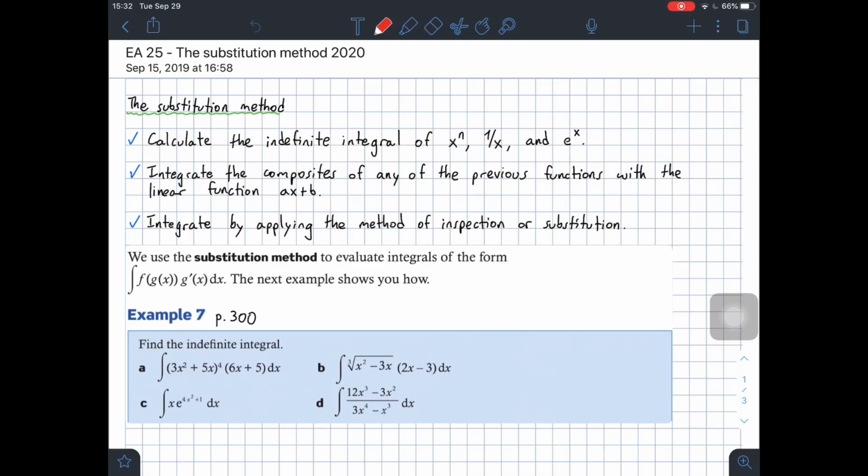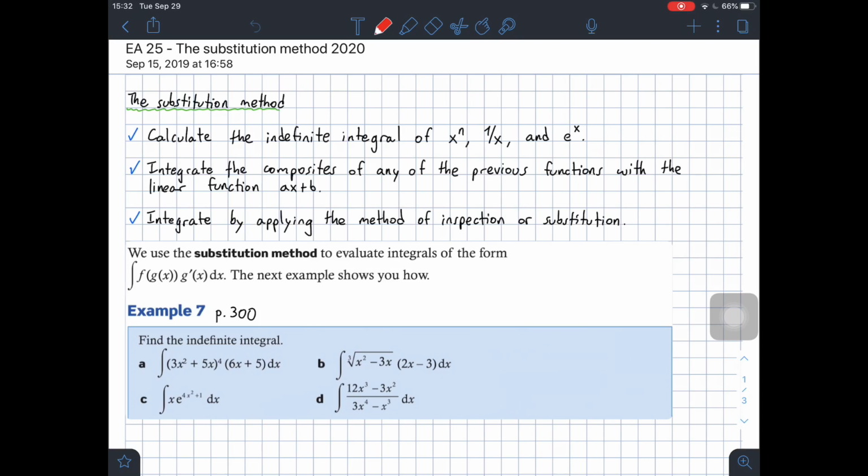Hello seniors, today we're going to see electronic assignment 25, which is about the substitution method. I have already showed you what this is about in the previous electronic assignment, but we're going to reinforce that concept throughout the following exercises. You'll see it's actually pretty easy, and the substitution method helps a lot for finding integrals of different types of